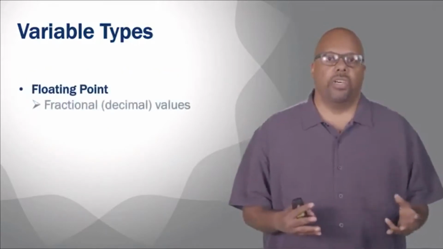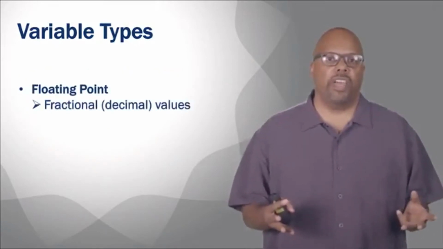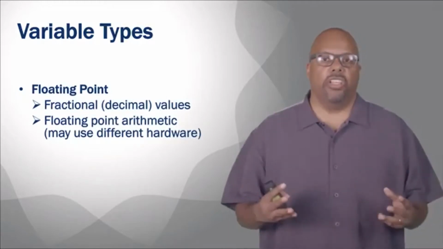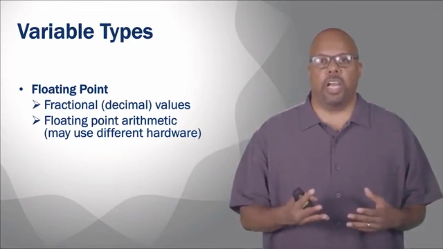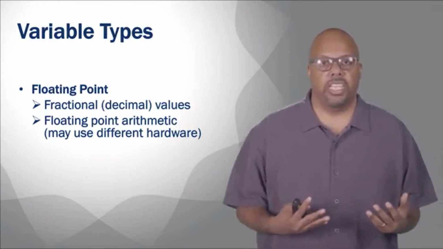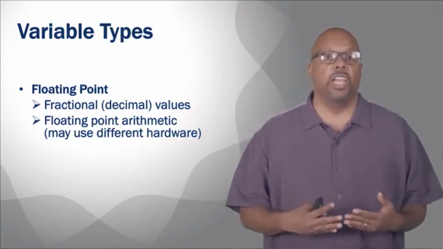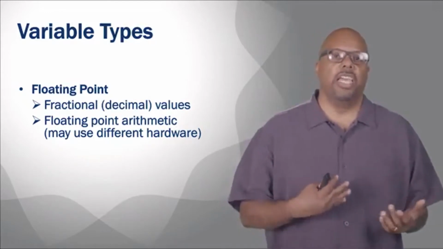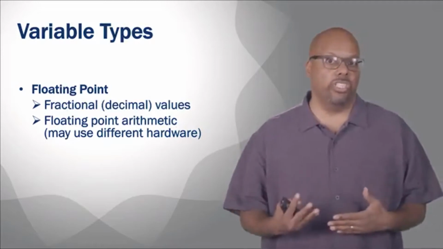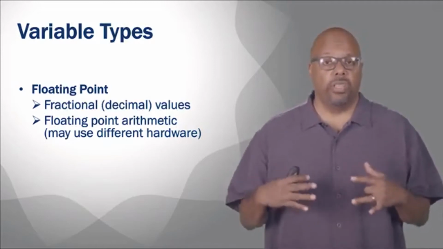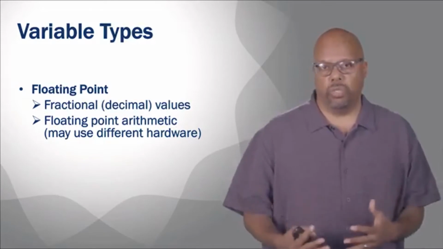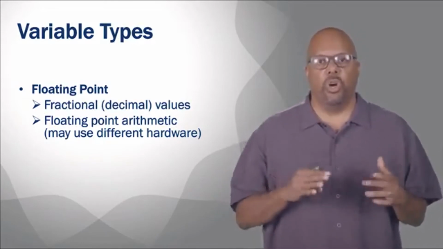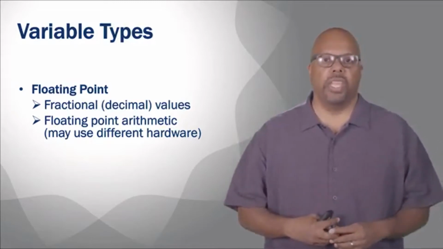Floating point. The values that they can have are fractional, right? Decimal values. And there you have a set of arithmetic operations. Actually, they look superficially the same as the integer operations, plus, times, divide. But they may actually be implemented with different hardware, because a floating point division, say, is significantly more complicated than an integer division. So oftentimes there's special hardware just for floating point divide and things like this. We don't have to know that as programmers, but the machine has to know which operation to map it to.